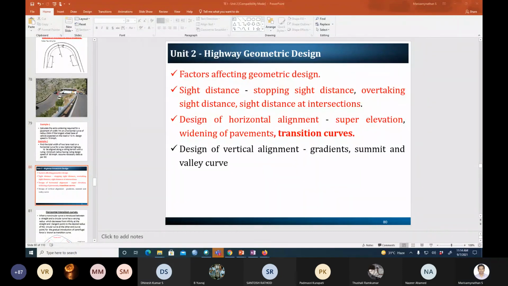Jayashree, yes, sir. So what are your comments? Sir, everything is fine, sir. The way you teach with PPTs, everything is okay, sir. Okay. Prakash,